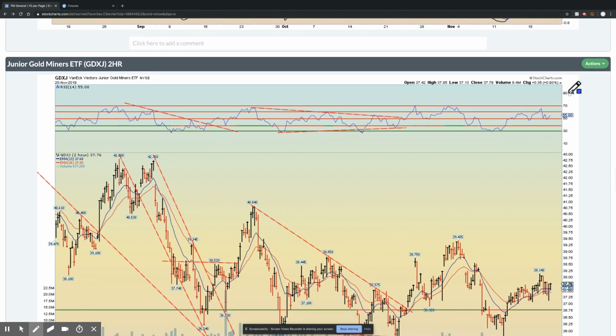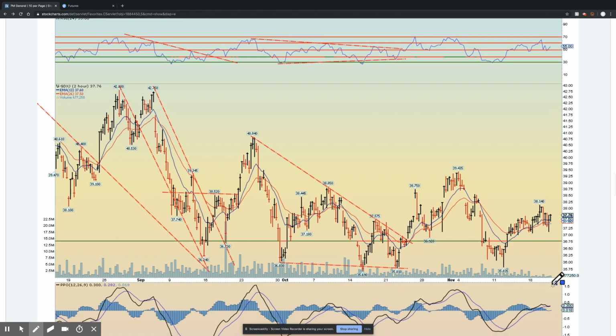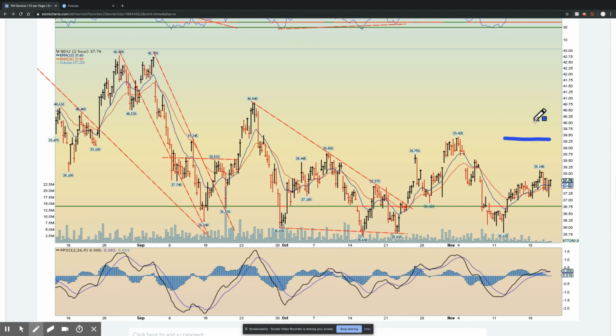Junior miners are stronger right now, albeit slightly, at 55 in RSI, and again trading above the 13 and 26 2-hour moving averages suggests that an upside breakout towards 39 is likely, and then thereafter I think we're going to see renewed